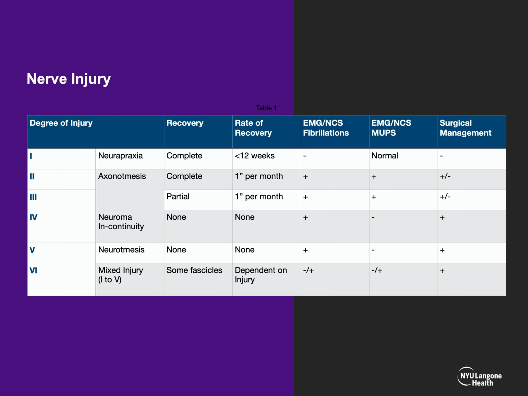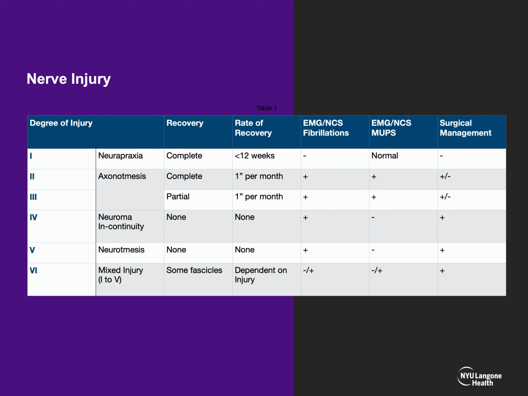But in regards to nerve injury, the reason why I want you to pay attention to this slide and just spend time with this and look at it and learn it is when you have a patient that has a nerve injury, you have to think, what type of nerve injury do they have? If people say, oh, they have a neuropraxia, that is a very specific type of nerve injury. What that is, is that the nerve is intact. You look at the nerve under the microscope, you look at the nerve grossly, it's intact. That's going to recover on its own. You don't need to do anything, just time. So, a